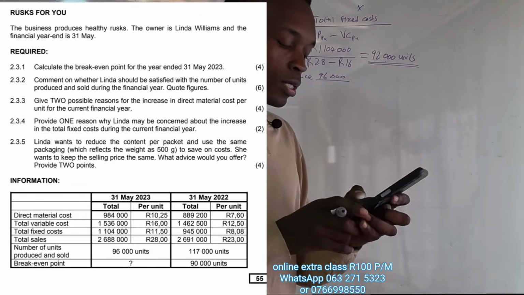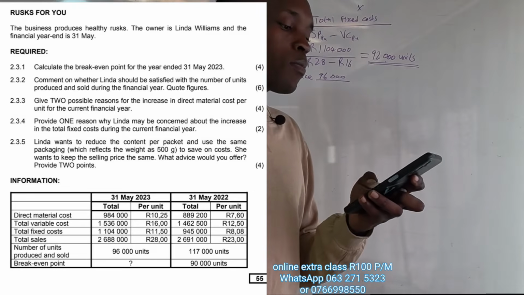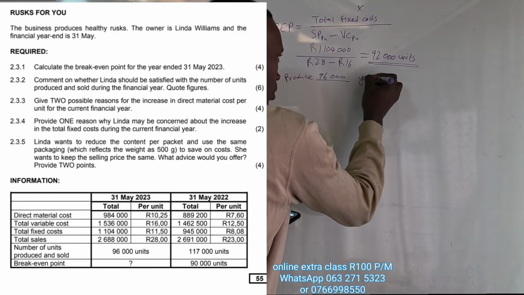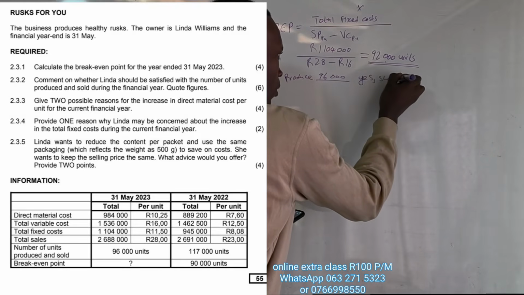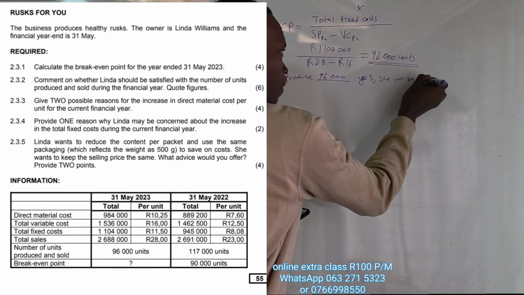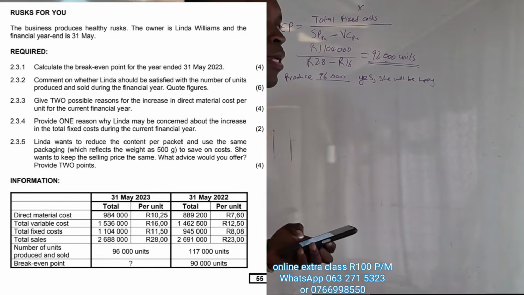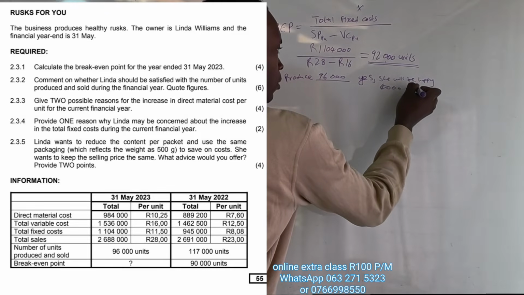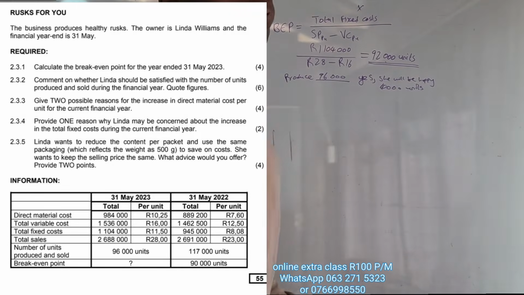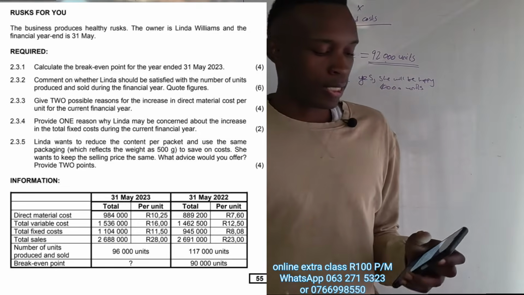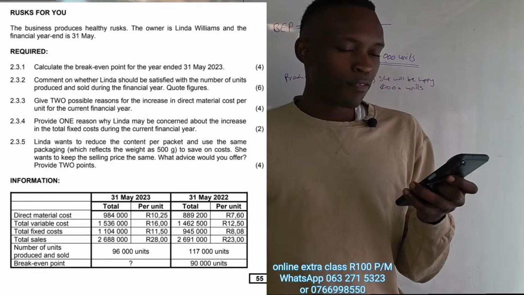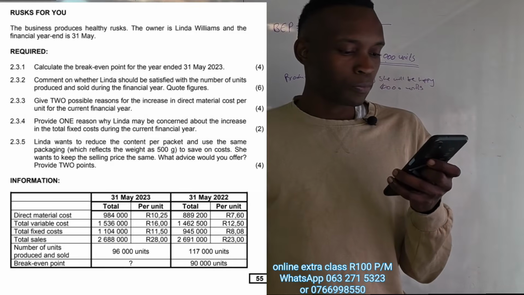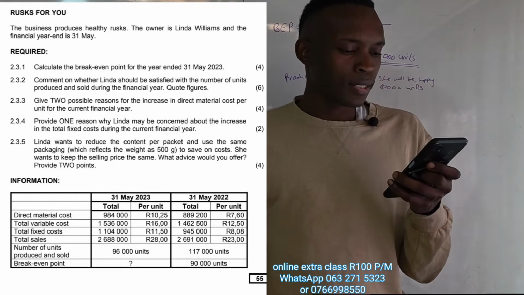So now the question is, is she going to be happy? When you compare these two, yes, she will be happy. Why happy? Because she's going to make a profit with 4,000 units. Okay, but beside that, guys, let's also compare the performance of last year. If you check the performance of last year, guys, you will just realize that